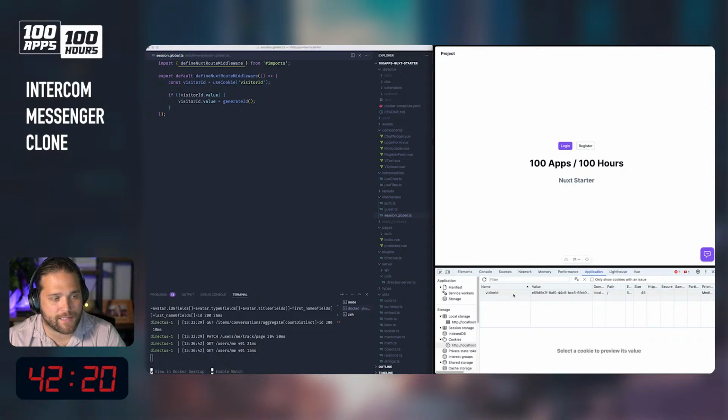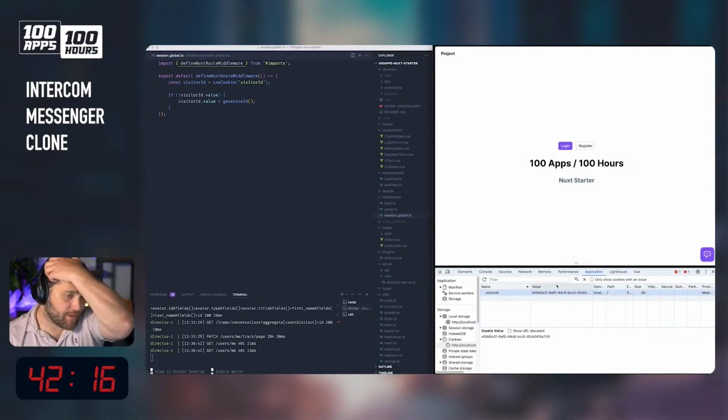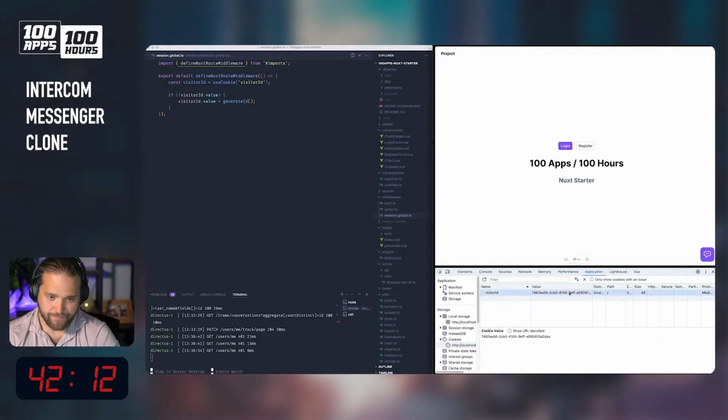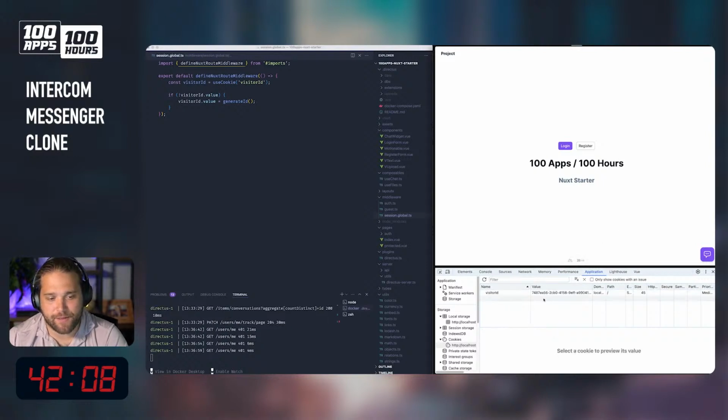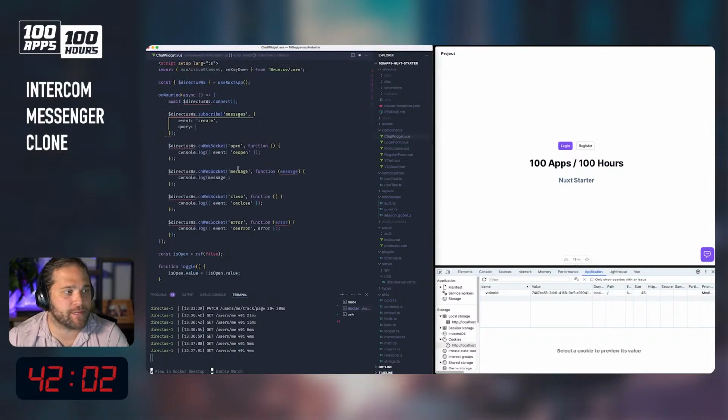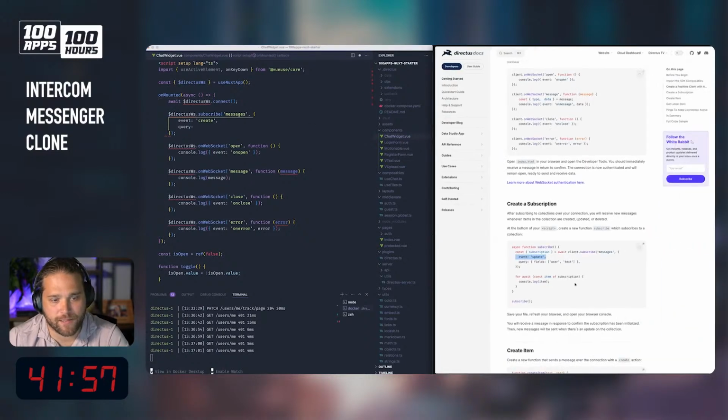And now I can see that here I've got a visitor ID cookie with just some random UUID value. If I delete that and refresh, we can see we get a new visitor ID. But that cookie will persist across sessions, which is nice, and we don't have to do anything else there. Okay, so as far as our query, if we just go back to the documentation, right, we can add a